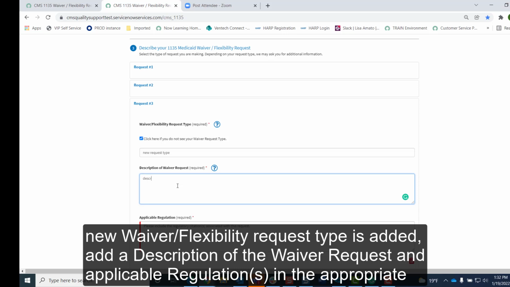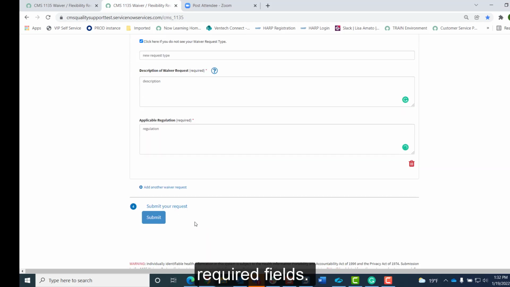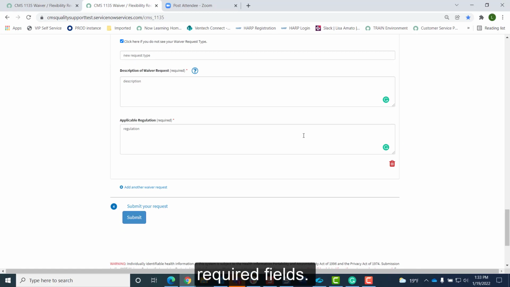If a new waiver and flexibility request type is added, you'll need to add a description of that waiver request in the description of waiver request field. And of course, you can type the applicable regulation in this required field.